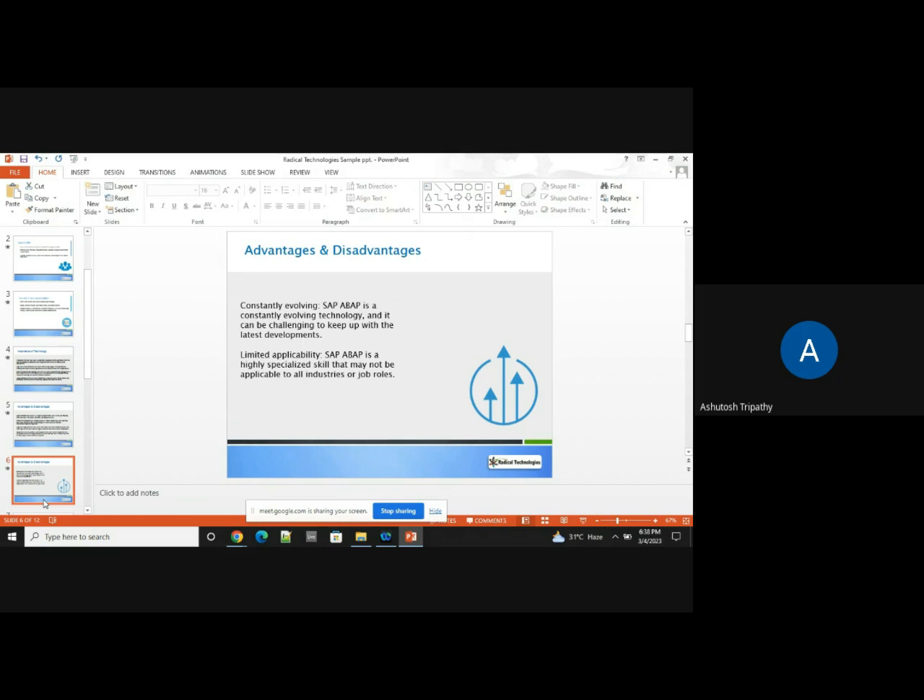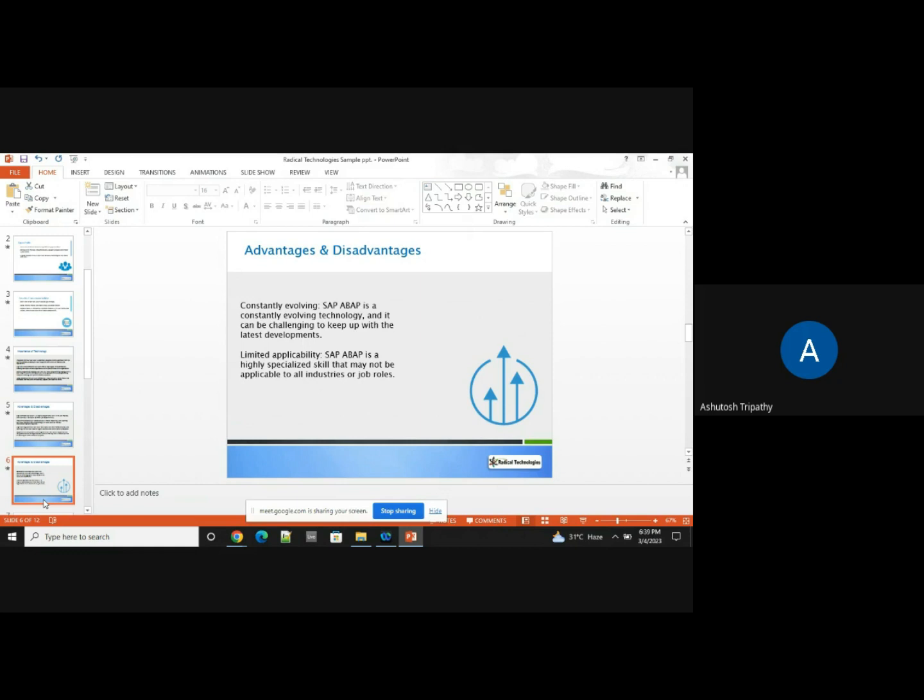So it's constantly evolving. Any language evolves day by day, but the approach of ABAP is to take it to the next level. That's the reason SAP makes constant evolution every year. So it's very hard to cope with, but yeah, that's the challenge or disadvantage, I would say. Another thing is it's very limitedly applicable, only for the SAP field. As an ABAPer, everybody can learn ABAP, but skill-wise, if you are highly specialized, then you can get a high-demand job, because you can hardly identify 200 to 300 good ABAPers on any platform.